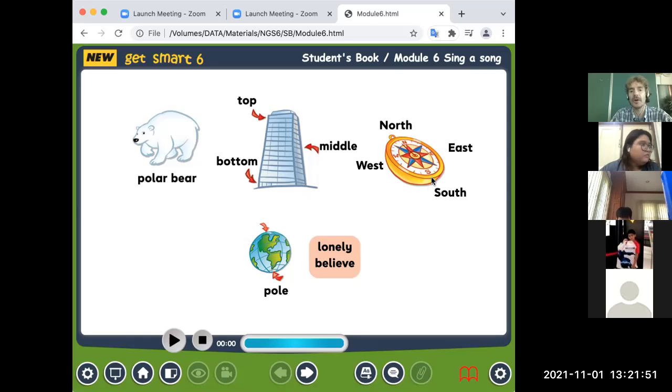Then we have four words connected to direction on Earth. It's north, south, east, and west.